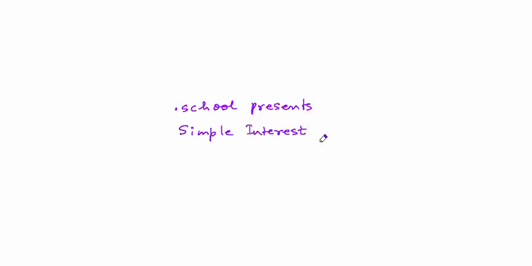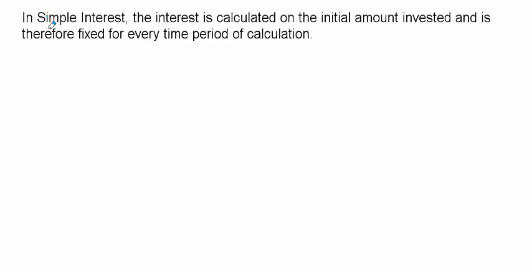That skill presents simple interest. When money is invested, it earns an interest, which means you get back more than what you invest. The interest typically is expressed as a yearly percentage of the amount invested. In simple interest, the interest is calculated on the initial amount invested and is therefore fixed for every time period